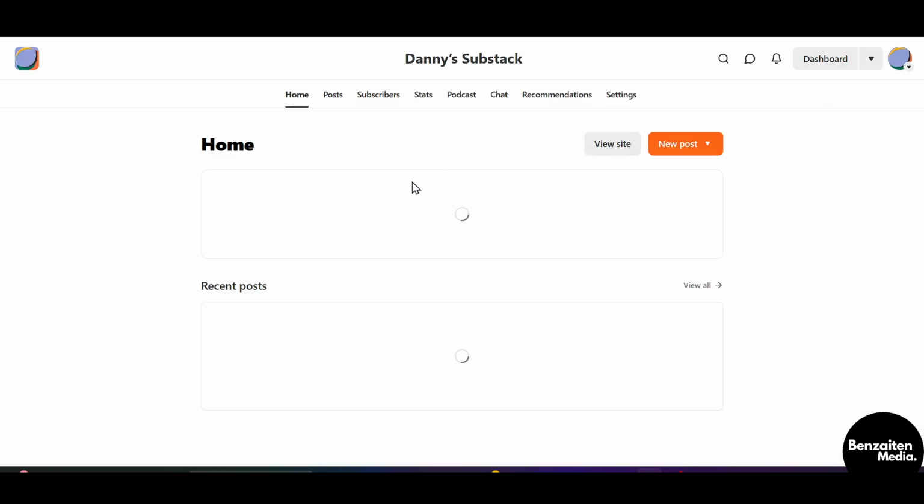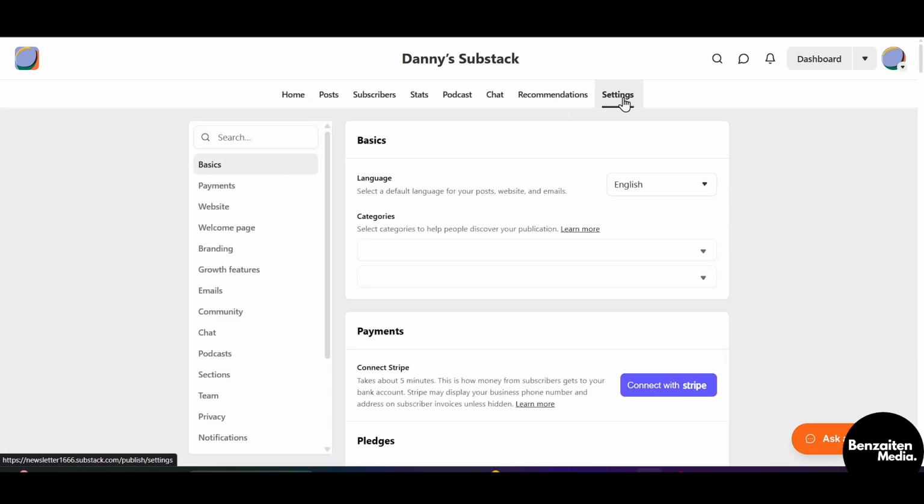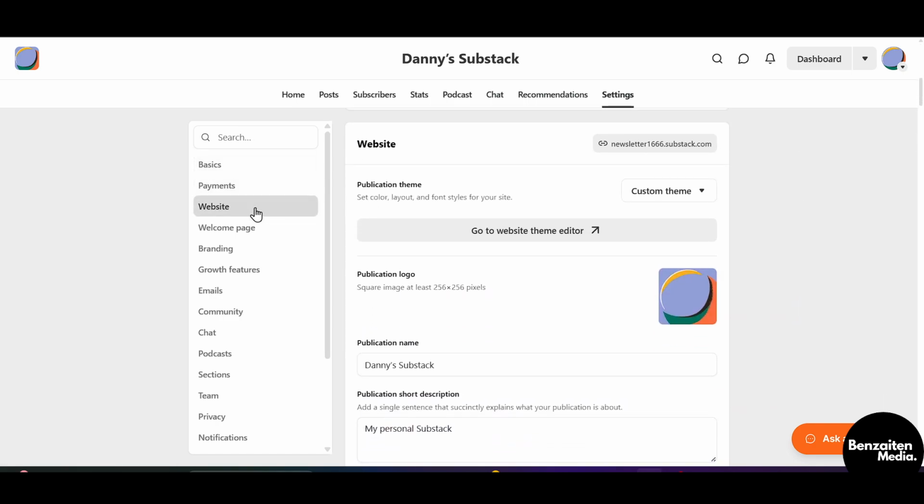Now, after coming to the dashboard, on the right side at the top, you can see the option of settings. Click on the settings icon, and after clicking on settings, click on website. And after coming to the website,